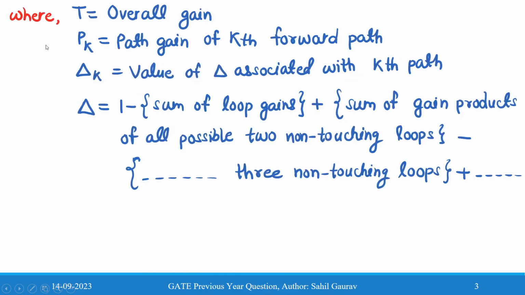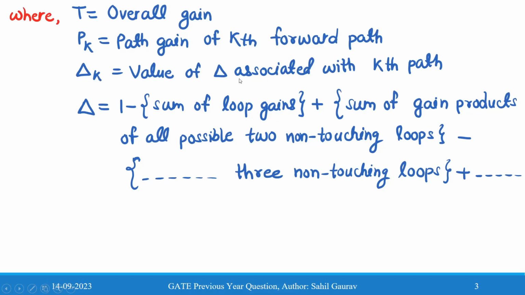Now the terms used in Mason's gain formula: T is the overall gain of the transfer function system, Pk is the path gain of the kth forward path, while Delta k is the value of Delta associated with the kth path. In this, whatever gains we take are those not touching the kth forward path. So remember, while calculating Delta k, we will take the gain values which are not touching